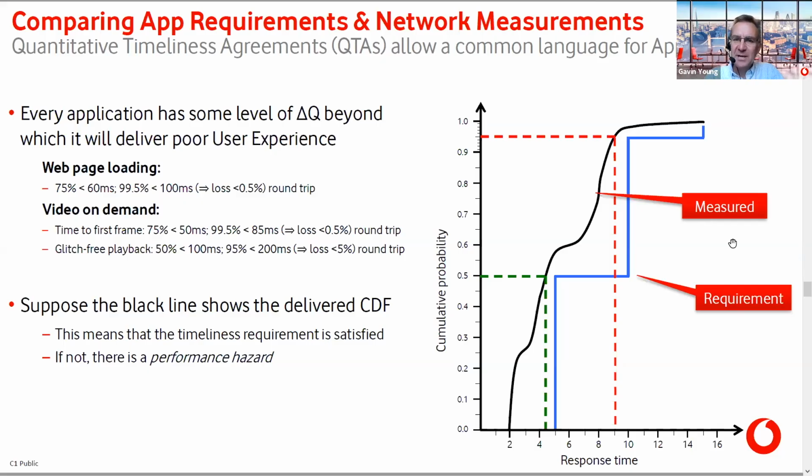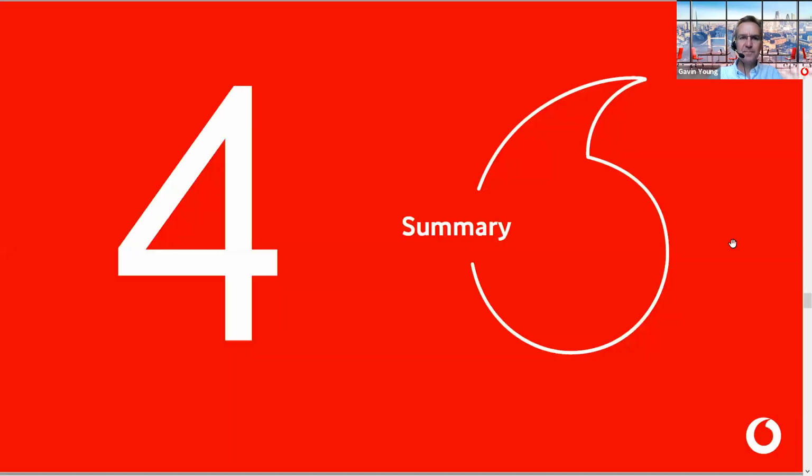So it's like, if you tell your teenage offspring, you've got to be home by 10 o'clock at night. There's a degree of badness. If they're 1 minute after 10, well, that's not great. But if they're 1 hour after 10 o'clock, then they're in more trouble. And it's that similar concept, that mismatch, you can start to quantify that now and work out how badly you've missed the requirement, and therefore how much of a hazard or a risk you're likely to get. So this is a way of quantifying application requirements using a terminology that is reflected in the network measurement and capability with quality attenuation. So that's an overview there.